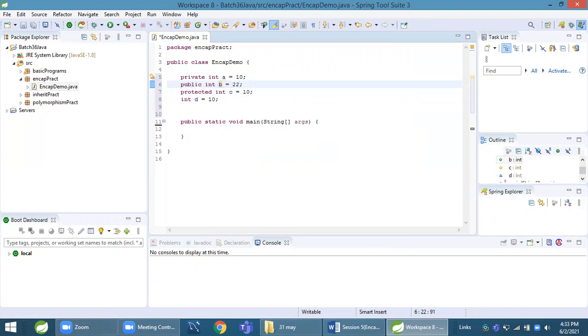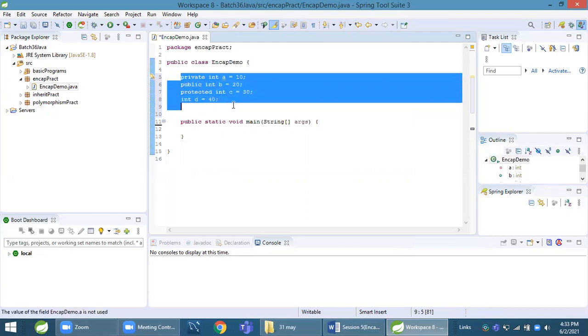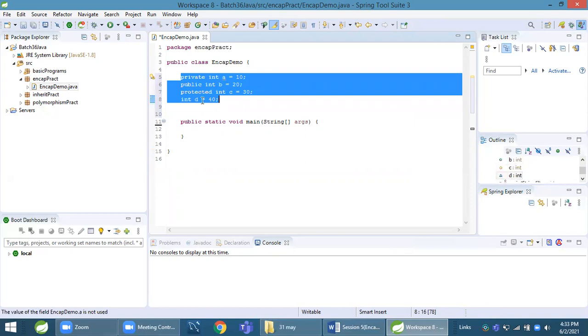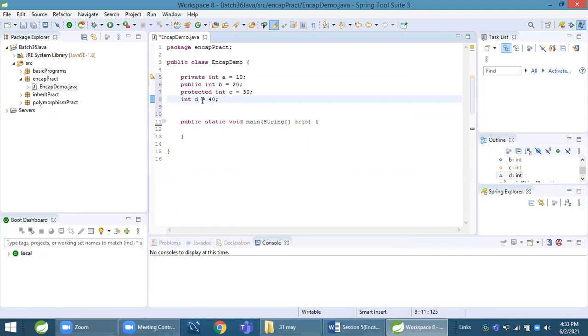What we will do is try to access these members at different places. We'll check which members are accessible within the same class, which members are not accessible outside the class, which are accessible within the same package, and which are not. So we will check everywhere step by step.